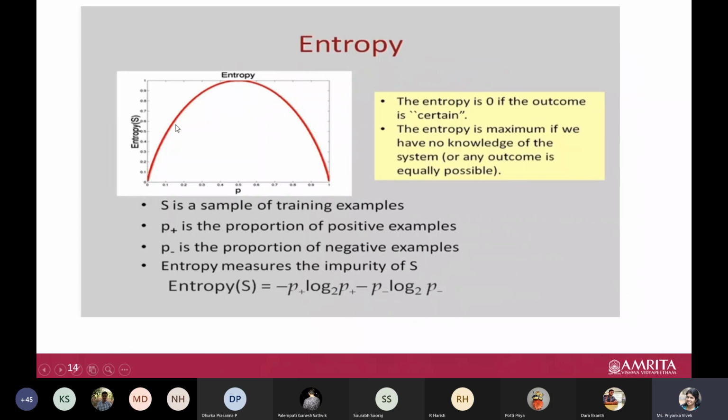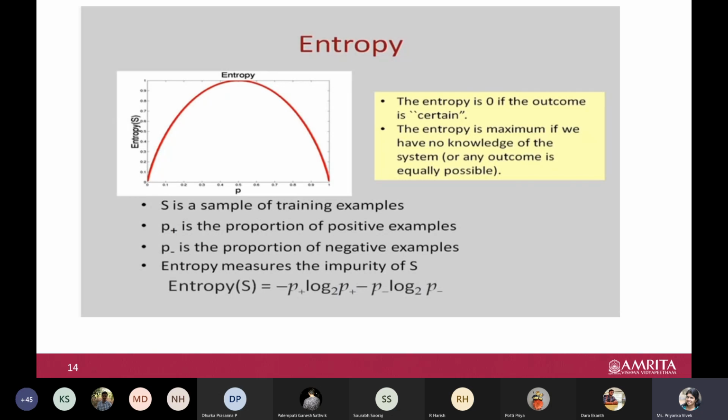So what is entropy? You all have heard about entropy somewhere in other courses. Yes, ma'am. The instability. Yes, the disturbance or disorderness or some kind of uncertainty, all these we can relate to randomness, or all these we can say as